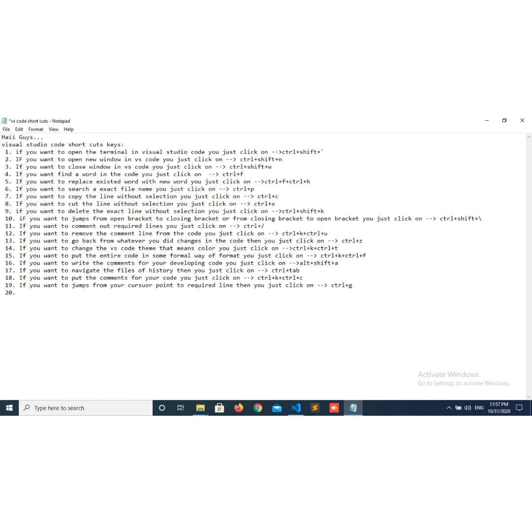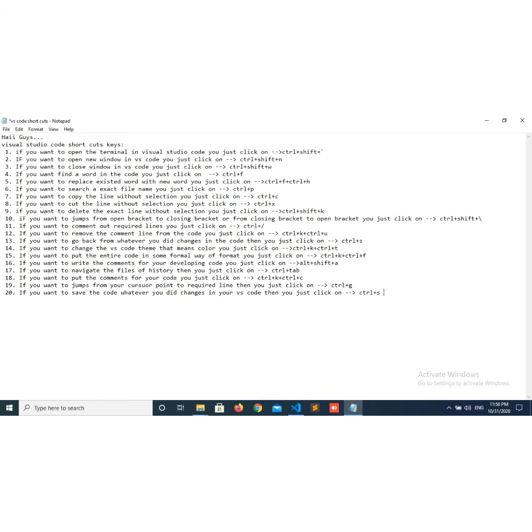This is the last command but not the least. If you want to save the code, whatever changes you did in your VS Code, then you just click on Control plus S. I think you already know this command.